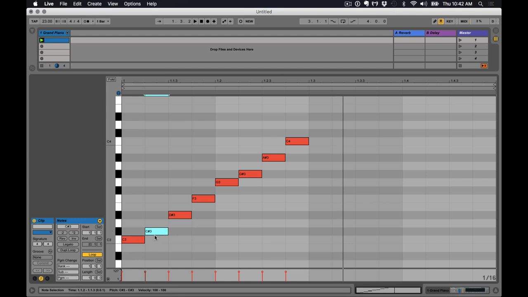Okay? So now we have this half step right at the beginning, which is going to make it sound a little gritty. Let's hear it. Okay? So it's a minor scale with a lowered second scale degree is what it is. Okay, let's go back to our